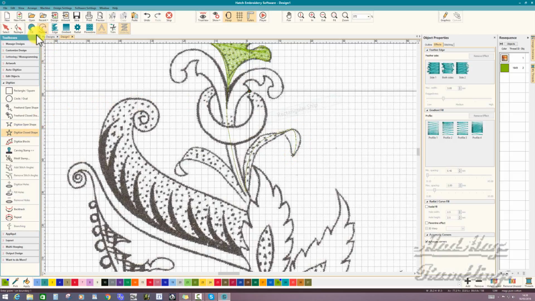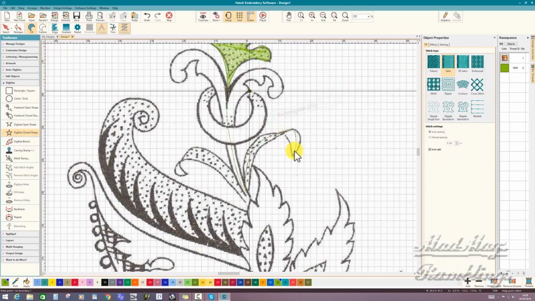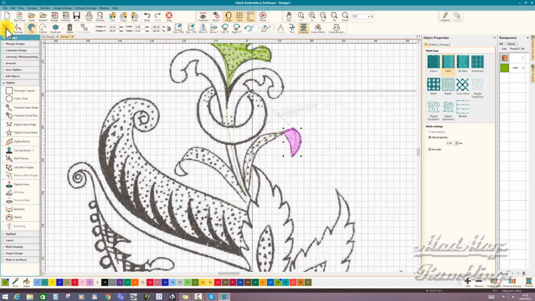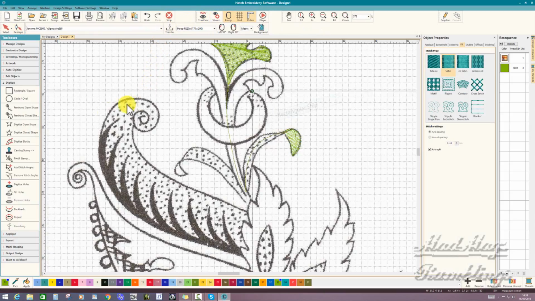Okay, digitize closed shape, outline, satin. Select, reshape, just move that one to this side. Thank you. Tell that stop. Close shape, and